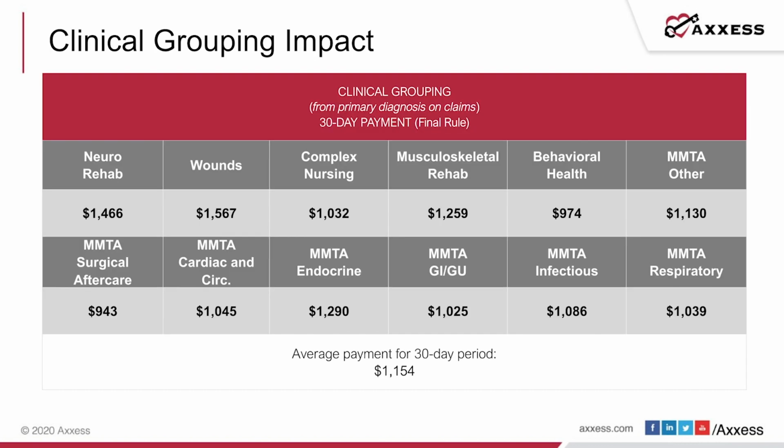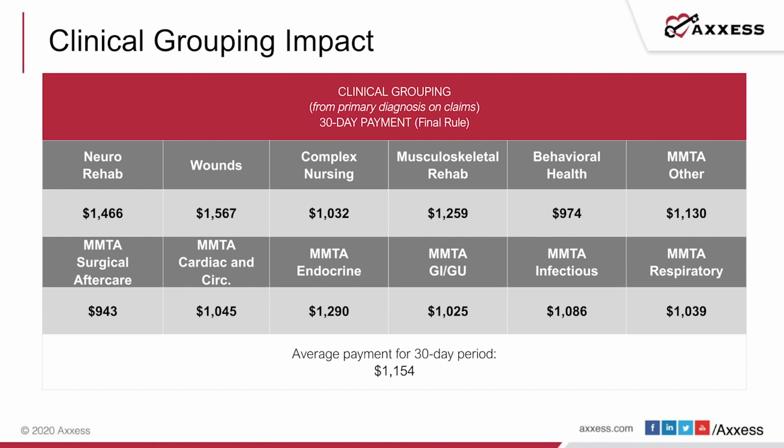All right, so what is the clinical grouping impact? We've looked at some of the rules that apply here to coding. What's the difference? Well, depending on what clinical grouping the patient falls into, based on that primary diagnosis on the claim, the 30-day payment can go up anywhere from, depending on the classification,